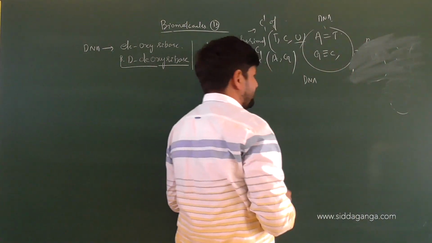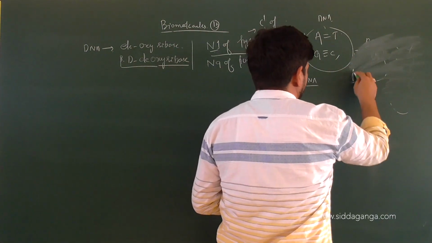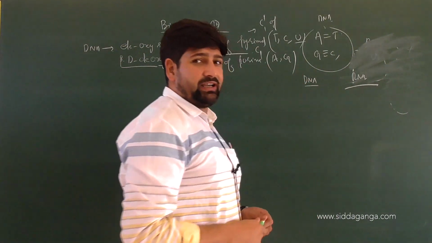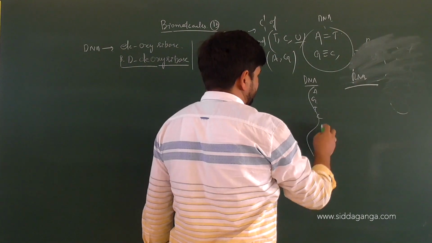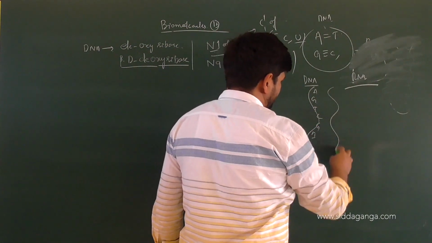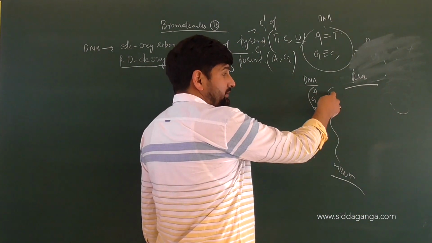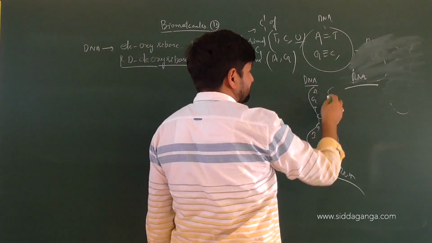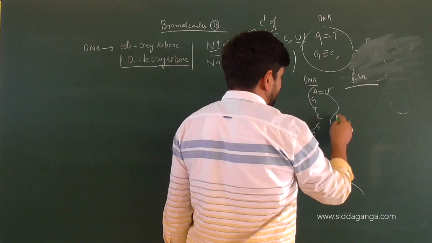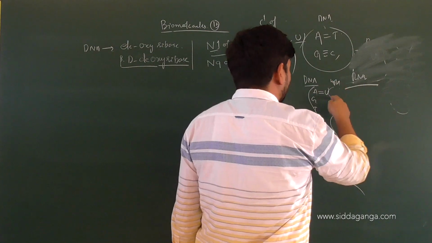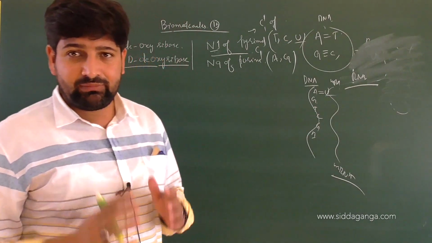If this is not clear with you, how can this thing happen within the same chain, sir? We can say like this: when we are converting DNA to mRNA, say on the DNA strand, if we have adenine, guanine, thymine, cytosine, guanine, adenine, and the complementary base pairing has to occur, it has to make mRNA. Adenine double bonds with thymine, but there is no thymine, there is uracil. So adenine will double bond with uracil. Wherever there was thymine, there will be uracil present on RNA. That's a basic thing to talk about. Am I clear with the thought? Yes.